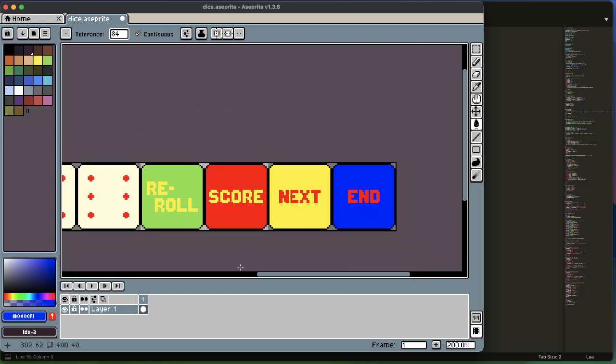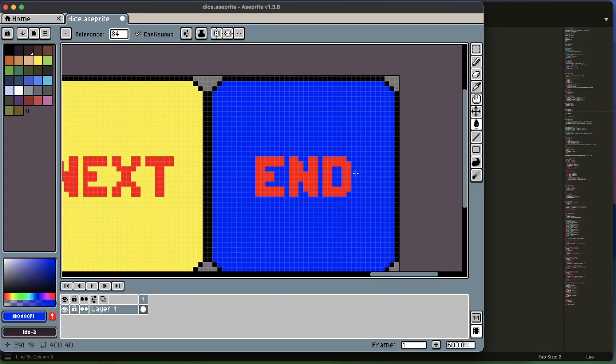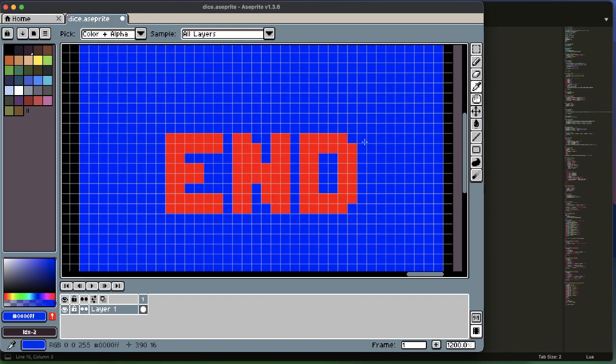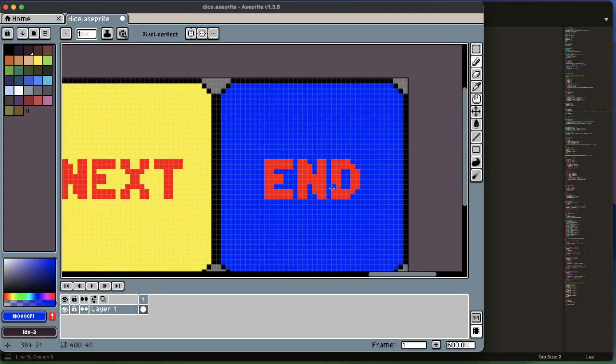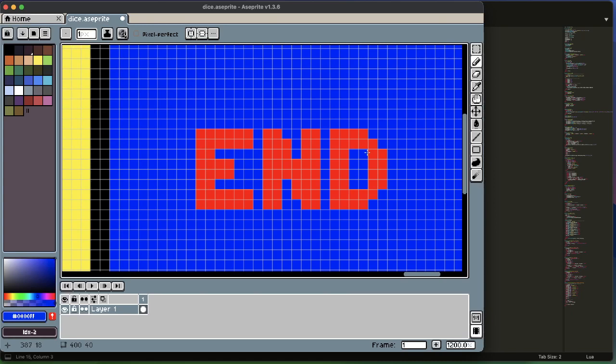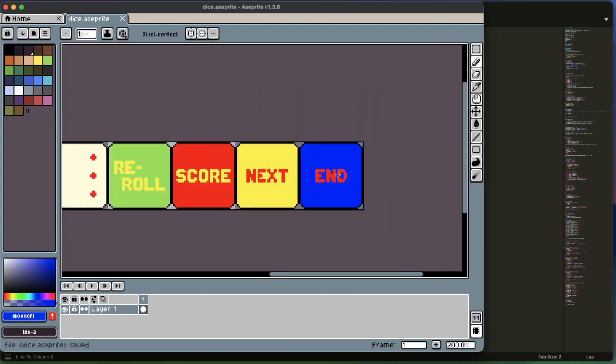Just to get a different color in there. I don't know. That D sucks. That's a little better. It's fine. I'm not gonna